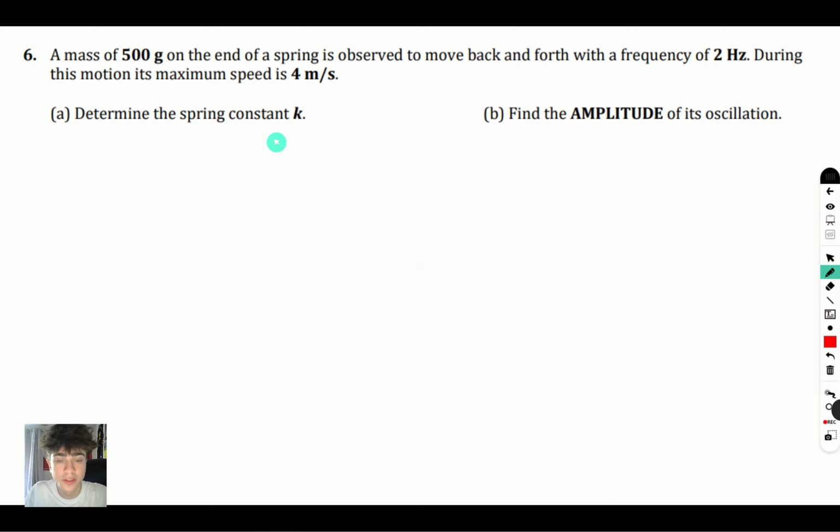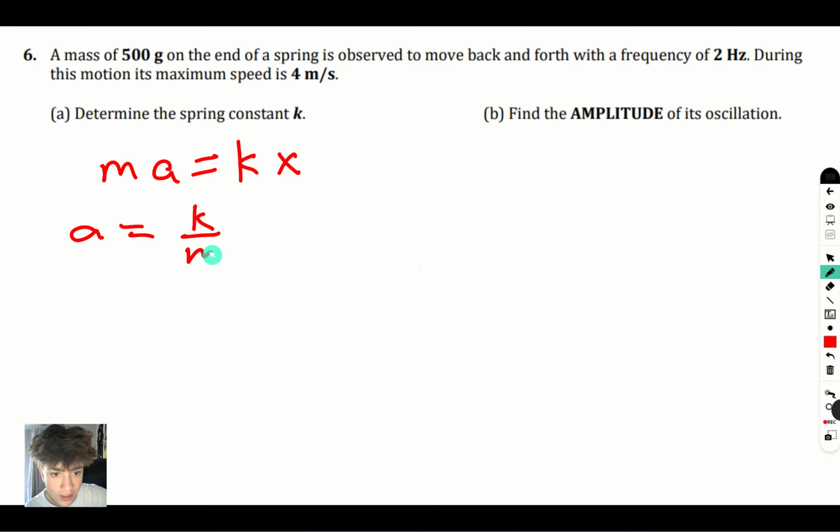One of the things we know we're going to need is the restoring force of a spring, which we know to be Kx. K is the spring constant, while x is the displacement of the spring. And we know that force is simply mass times acceleration. What we want here is an equation for acceleration, so we'll divide both sides by m to get that acceleration is K over m times x. And in order to solve for our K here, we're going to have to find another